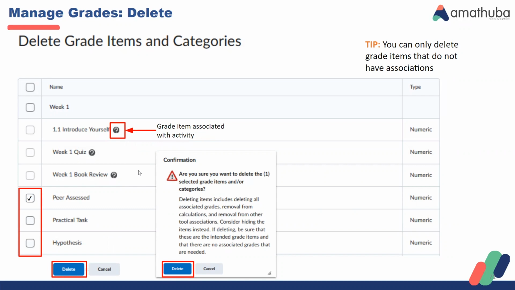Just to note that you can only delete grade items that do not have associations. So the associations are indicated by that little icon. You can see it's got a little question mark after it. That means that that item is actually locked to an activity. For example, if you had created an assignment and in the course of creating that assignment, you had elected to give it